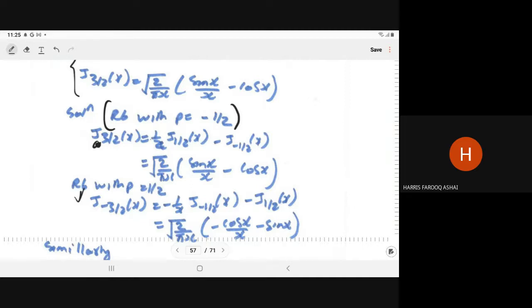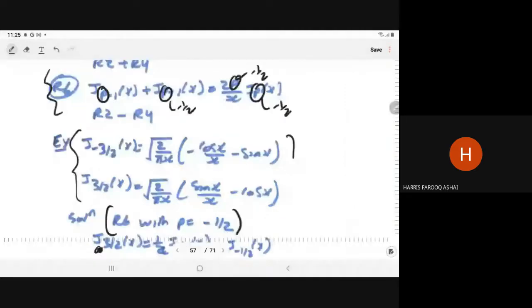Just you complete this, otherwise we have this relation. You check by which it is coming. So what should be the value of p? P is equal to half. One time you put p is equal to half, another time you put p is equal to minus half. So one time you will get j 3 by 2, another time you will get j minus 3 by 2. P minus 1 will give you j minus 3 by 2, p plus 1 will give you j 3 by 2. In both cases, we have j half, j minus half.